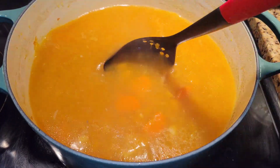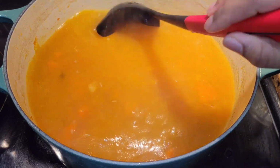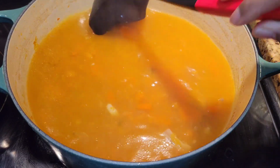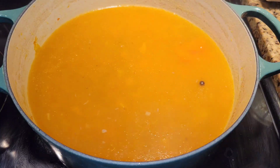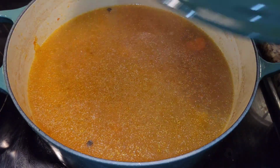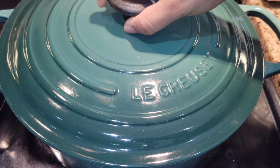So that's the liquid from the pressure cooker and the cow skin I've added to this. And yes, you can add a little more water if needed. So at this point, you want to bring this up to a boil, but I want to let you know